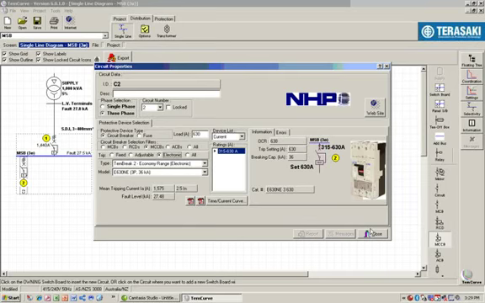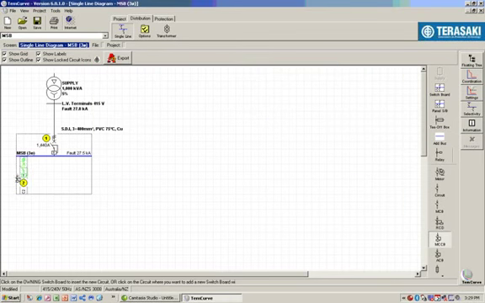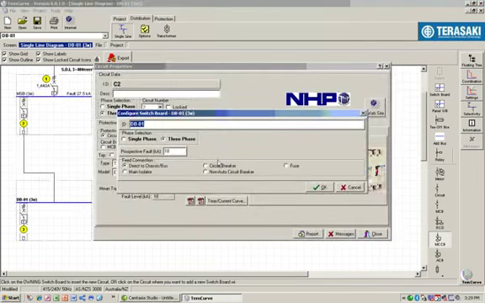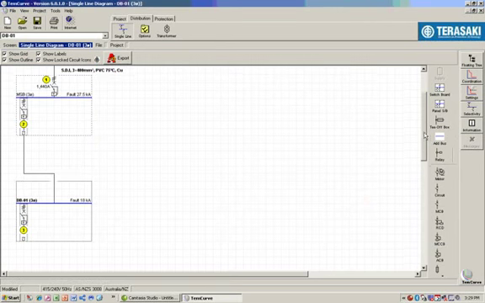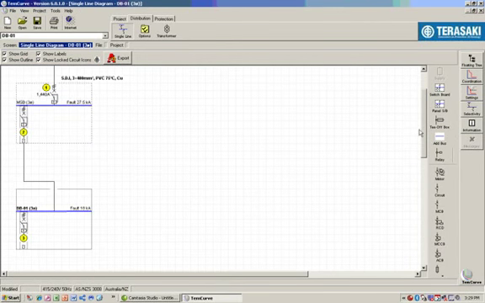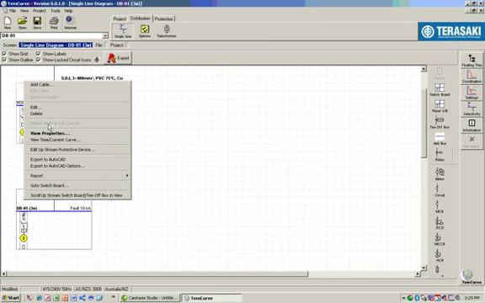You can build up circuit breakers under circuit breakers in various switchboards. The software gives you the ability of choosing different names for the different switchboards. You can go back and edit that. Let's call that switchboard